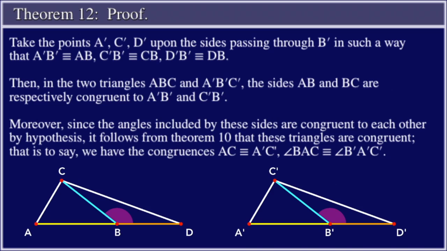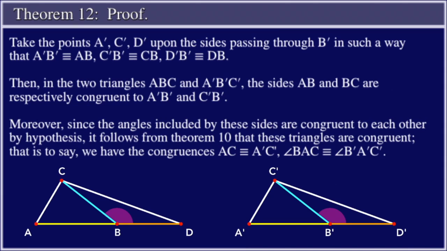Moreover, since the angles included by these sides are congruent to each other by hypothesis, it follows from Theorem 10 that these triangles are congruent. That is to say, we have the congruences AC is congruent to A'C', and the angle BAC is congruent to